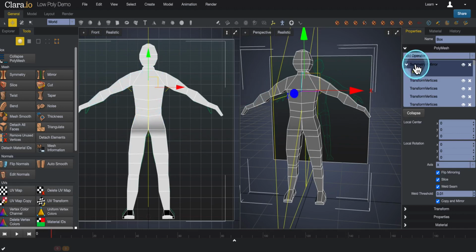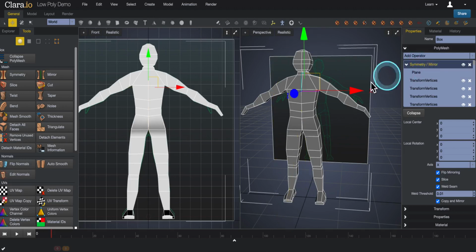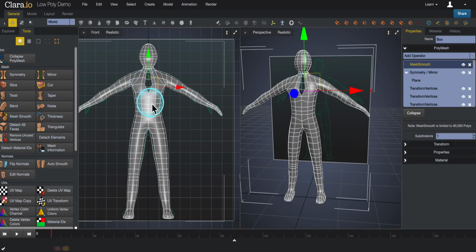Now I'll come over here and I'll click on the name symmetry mirror just to get rid of that, hide that plane. Now when I come over here and I click on mesh smooth, you'll see he gets a tear going right down the middle of his chest. And so I of course thought, well, maybe it's because I did something wrong, or there's something wrong with the model and I need to go back and fix it. What do I do? Well,